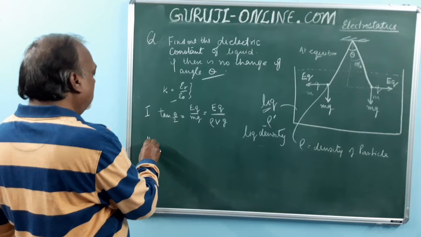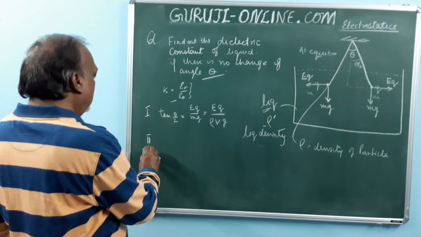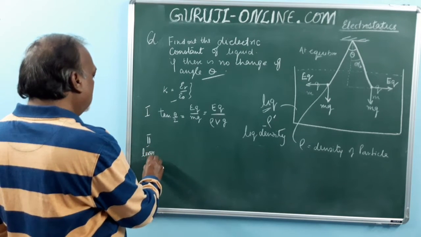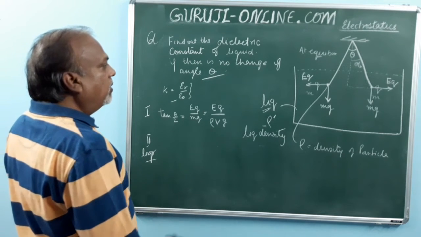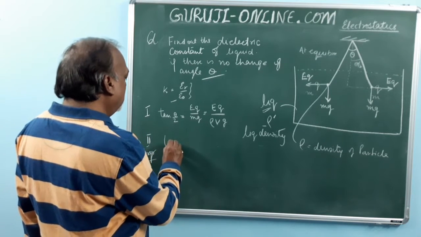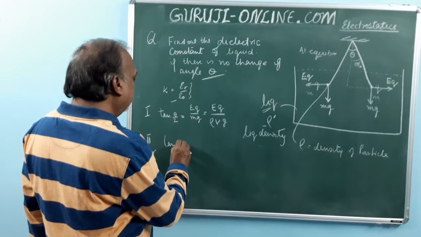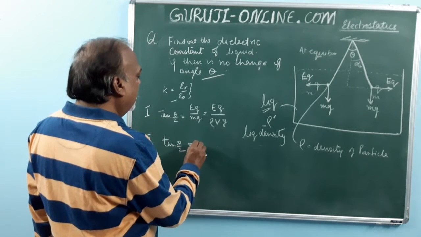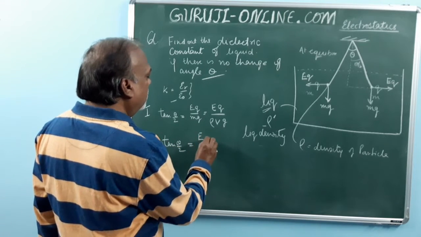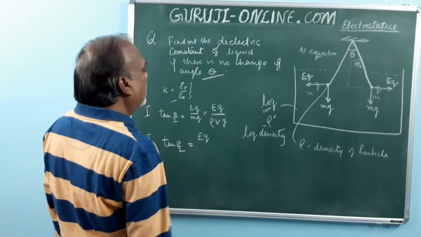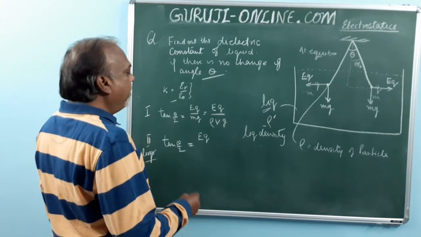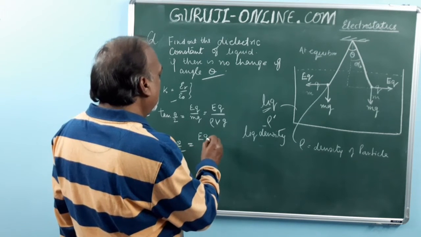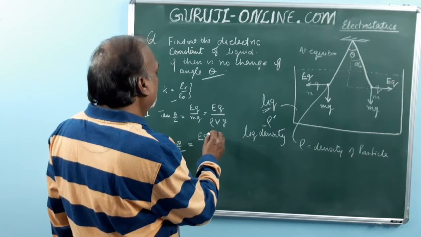In the second system, where it is in the liquid, then what will be tan theta, because theta is not changing, nothing but E dash Q,